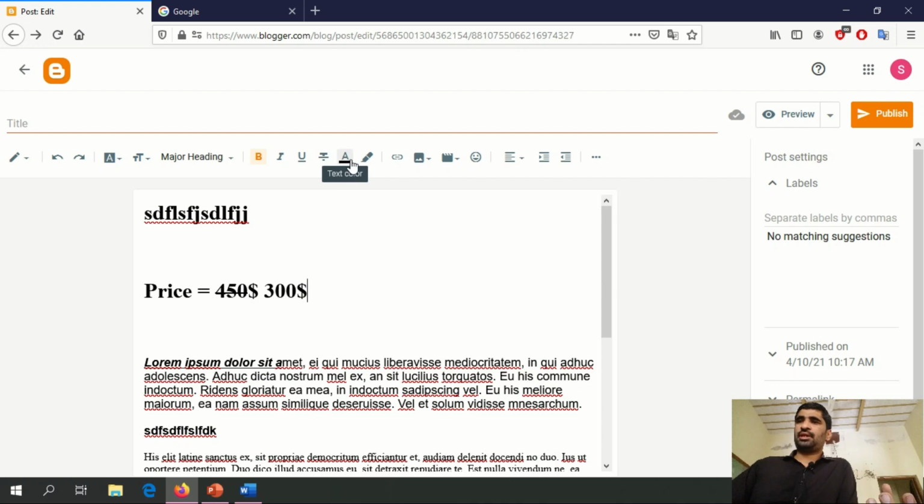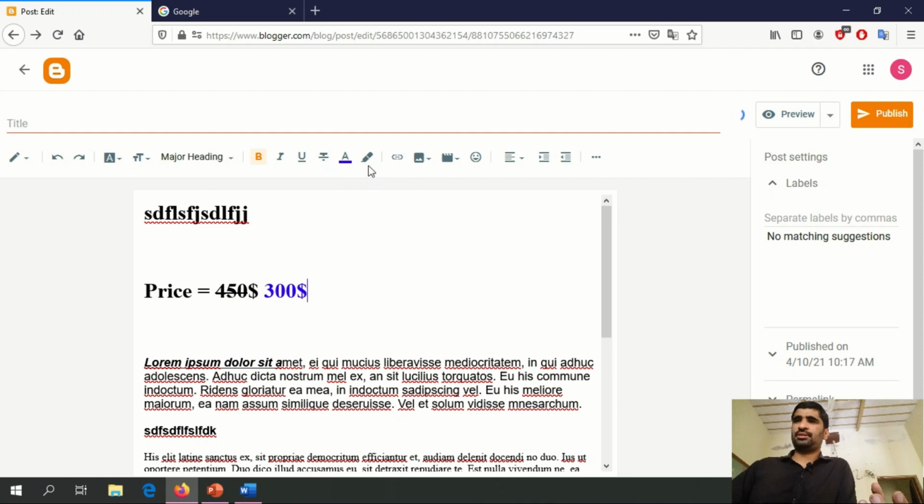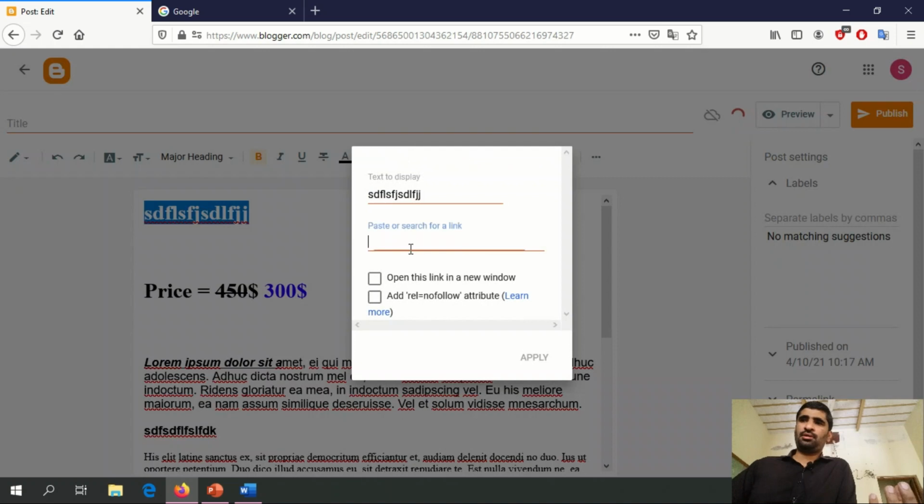This is the color of the text: simply select text and then select any color, and this is the text background. And this is to insert a link. Simply select the text where you want any kind of link. For instance, I am inserting Google here.